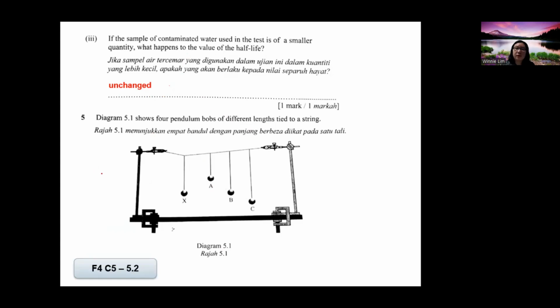Number 5, diagram 5.1 shows 4 pendulum bobs of different length tied to a string. So this is under the Form 4 concept on resonance. You have this setup called Barton's pendulum. Then you have X as the driver. That means you will swing X, and then A, B, C will move together. If you all did this activity in school, you're supposed to know that among these 3 pendulums, they have different length. But one of them, after some time,